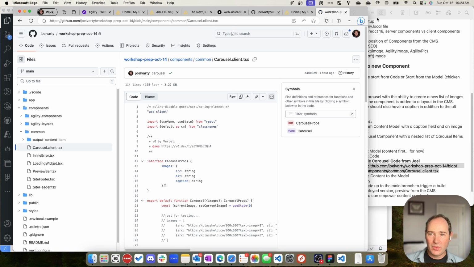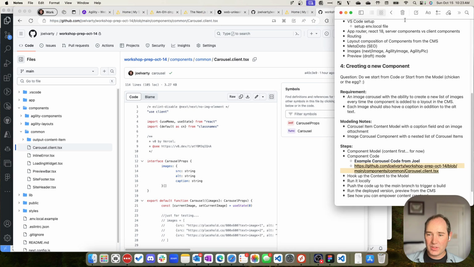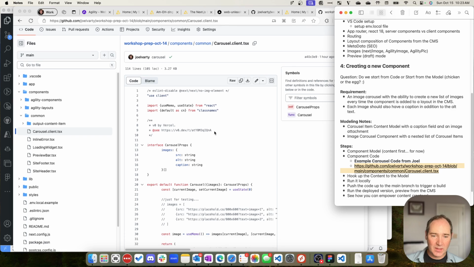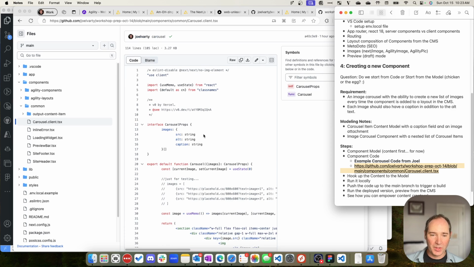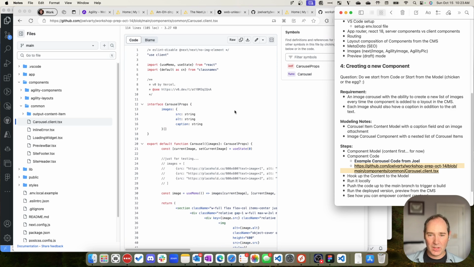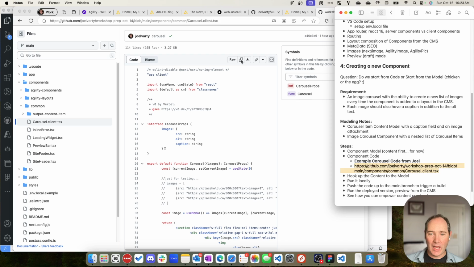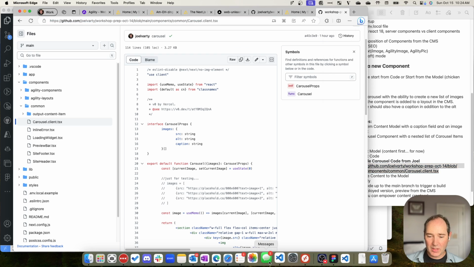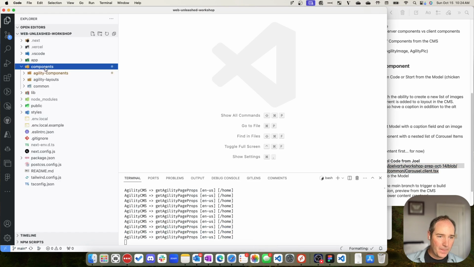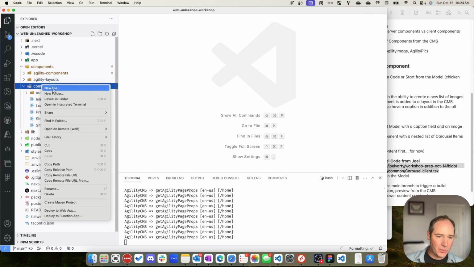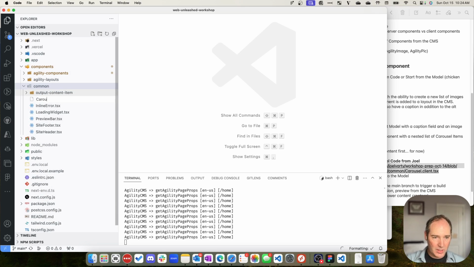If you actually go to this URL, which is in the notes, and I'm going to share these notes with you, you can see this is the base component that we're going to start with, and it's a client component. This is the example project that I worked with as a tester. So what I'm going to do is go a little bit code first here. I'm going to copy this into my project. Under components, I just put it under the common folder, new file. I'm going to call this